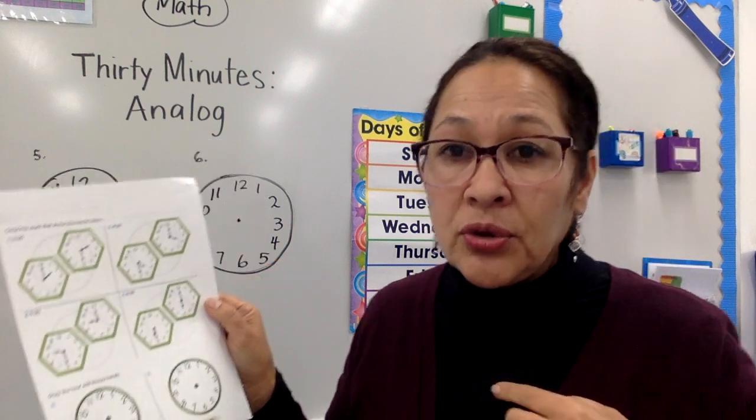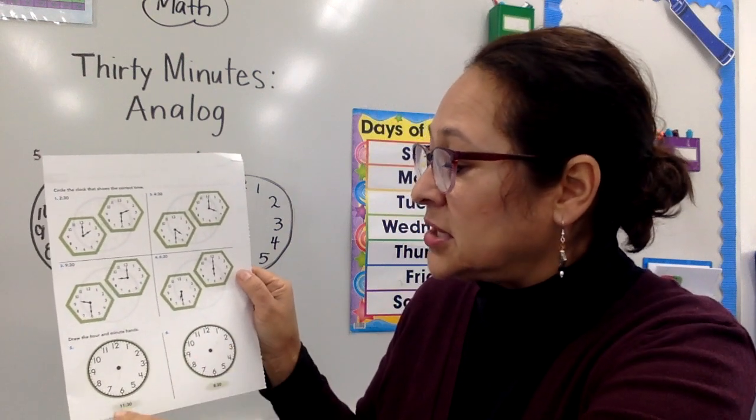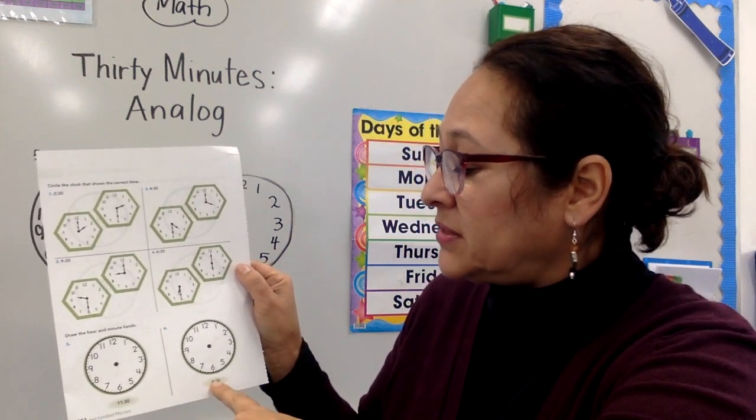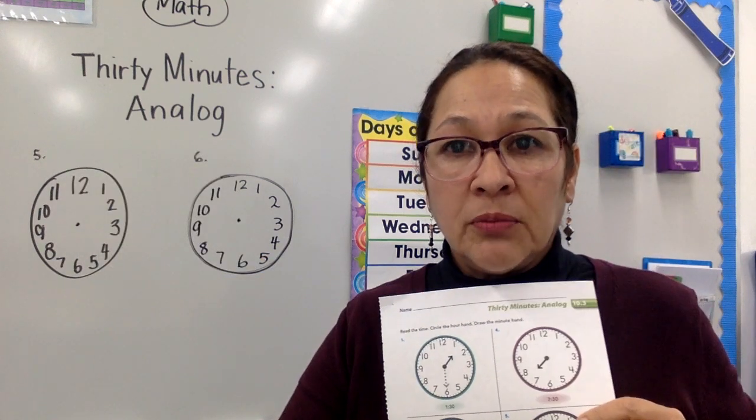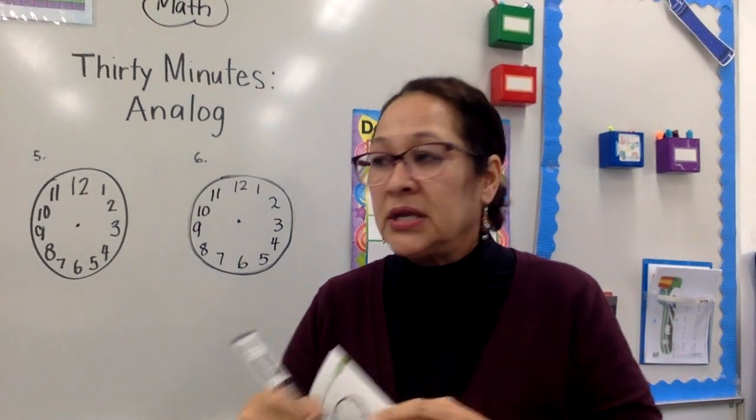And then the last ones, number 5 and number 6, it says draw the hour and minute hand. Now you have to do that. You have to take your pencil and draw the hands. So this first one says 11:30 and this next one says 8:30. So we're going to do it on the board. Ready? So the first one is